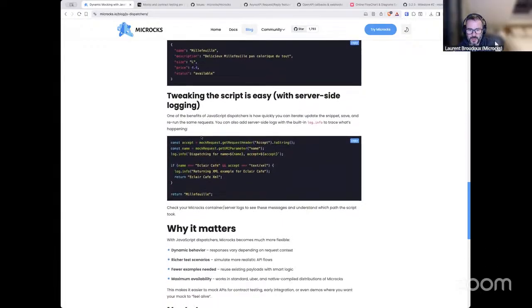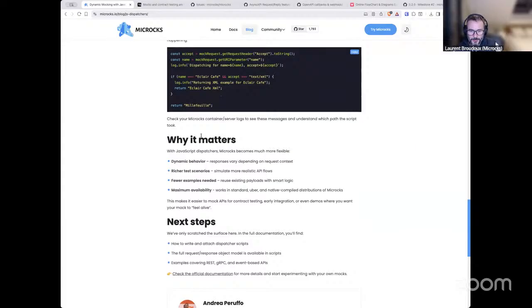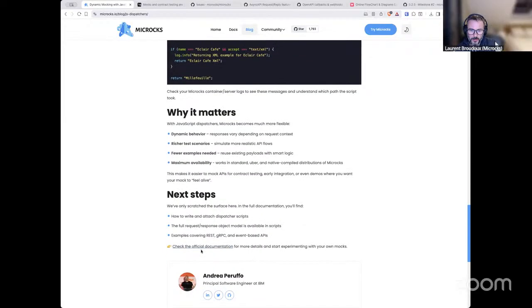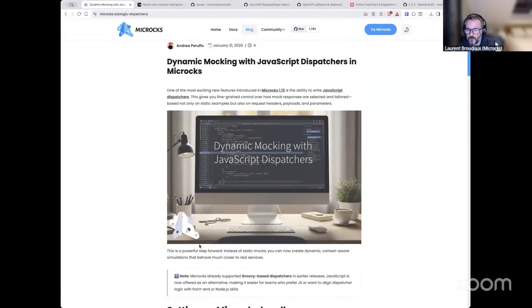So it's more of an introductory blog post on this feature. Andrea also updated all the official documentation on the JavaScript engine, so feel free to have a look at it and to reach out.